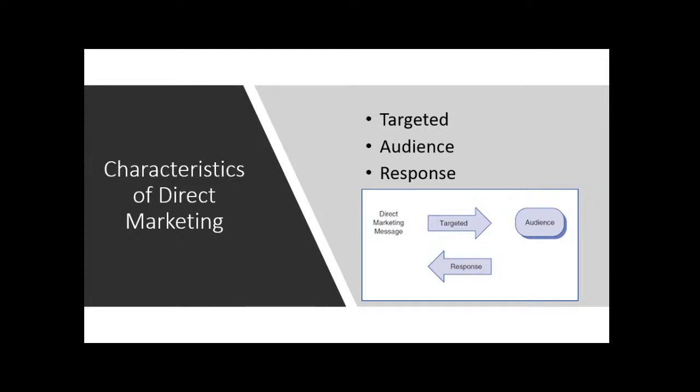If a donor gets too many emails, or if a stakeholder is overwhelmed by all these different activities that the organization is doing, they may unlist themselves from your list. So we've got to take that into consideration as well. We target where we want to send the message. Very, very rarely do we want to send a message to every stakeholder. And then the audience receives it, and then they respond.